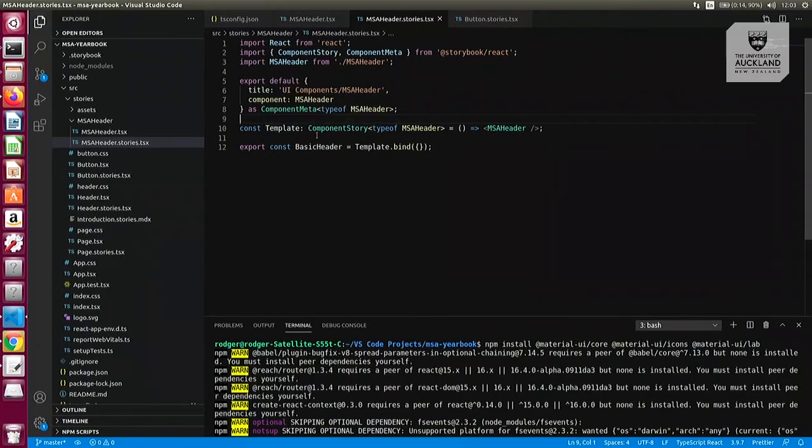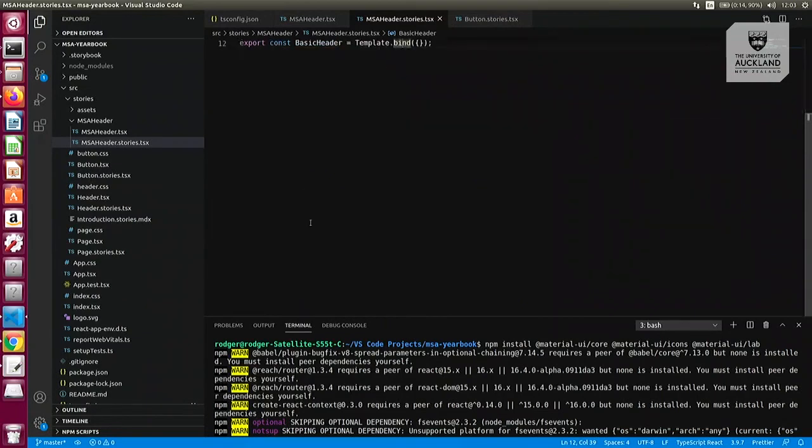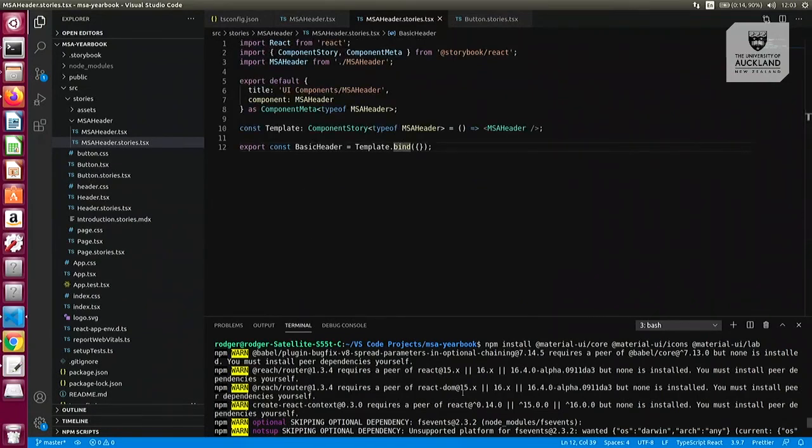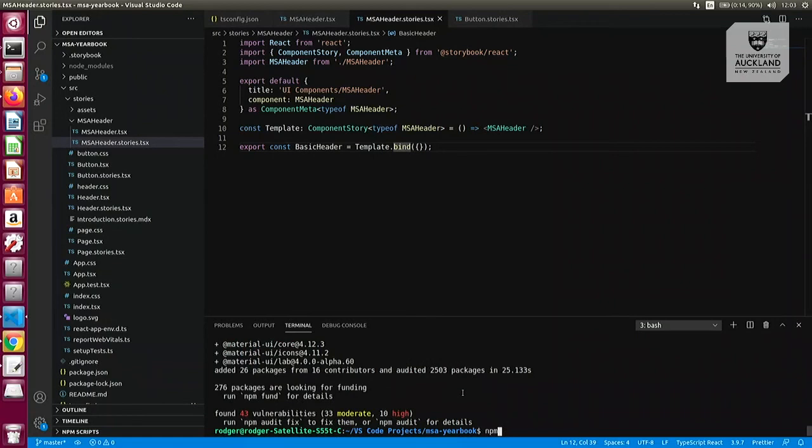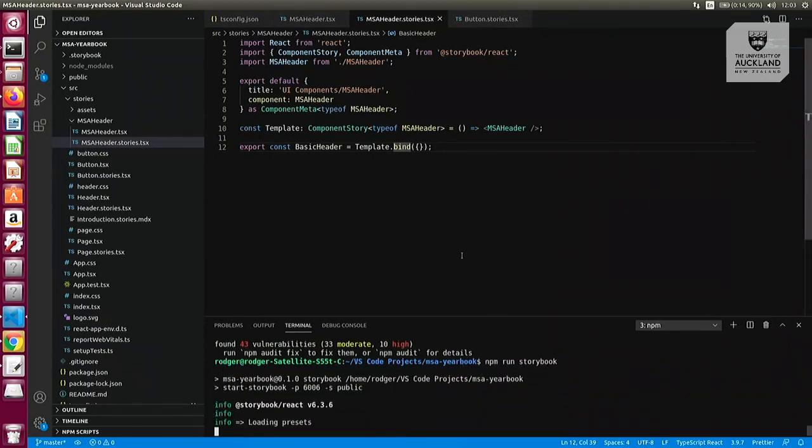So you're saying that the story is essentially a function that will return your component. And then you want to export that and call bind. And if we run up Storybook now with those changes,